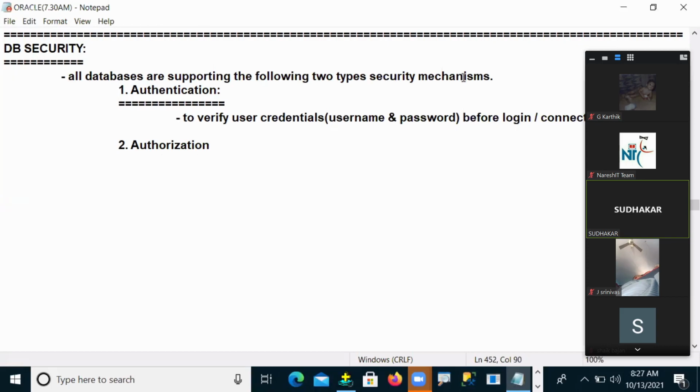Every time we want to log into our system or database, first the user credentials are verified.